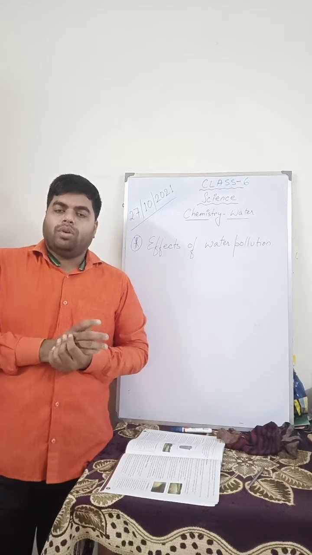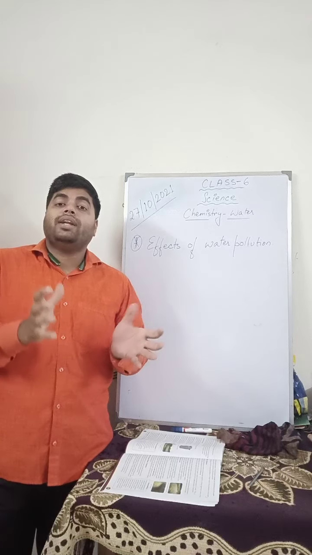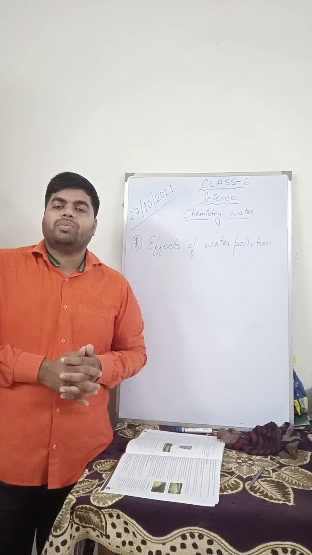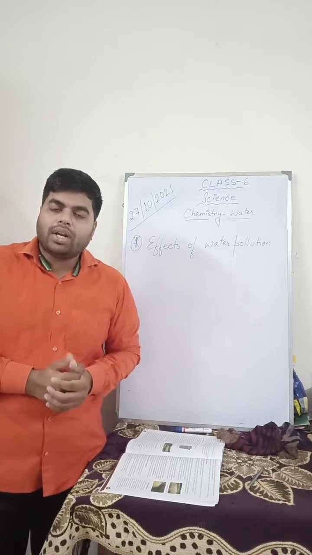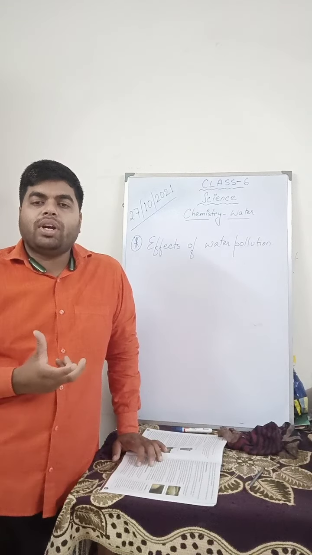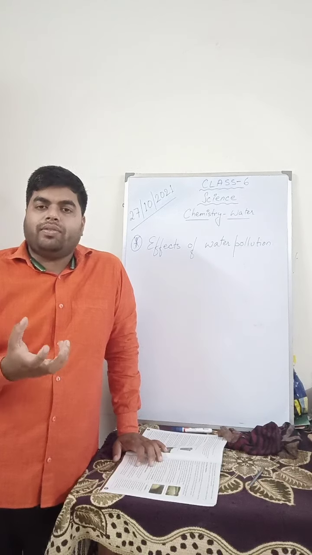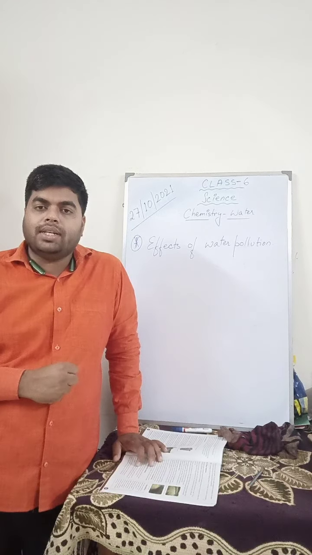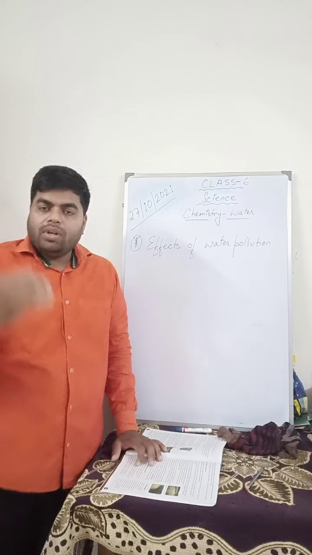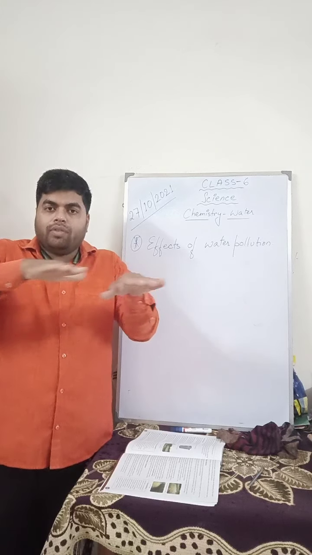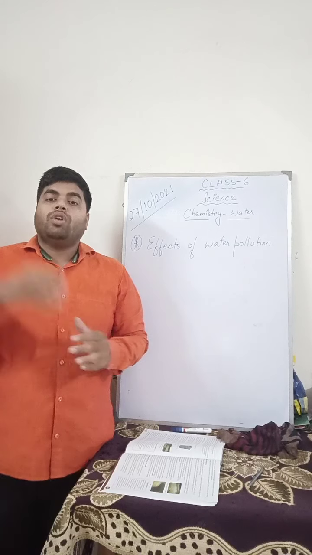Let me explain what eutrophication is. When there is rainfall, it washes out the fertilizer that is used in agricultural crops. When the water flows away along with the fertilizers and reaches the water bodies, the aquatic plants, especially the algae, which are actually not considered plants, receive these nutrients from the fertilizers and start growing at a very rapid rate. Then they cover the upper layer of the water, and when the upper layer is fully covered by algae, oxygen cannot reach the water.